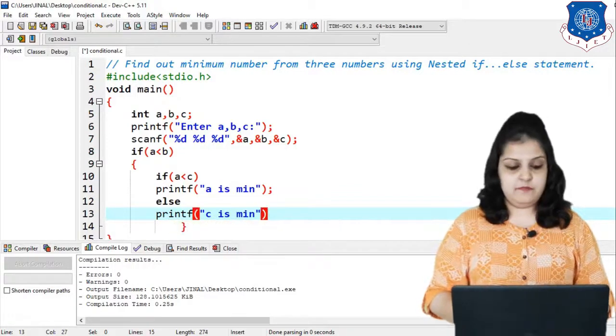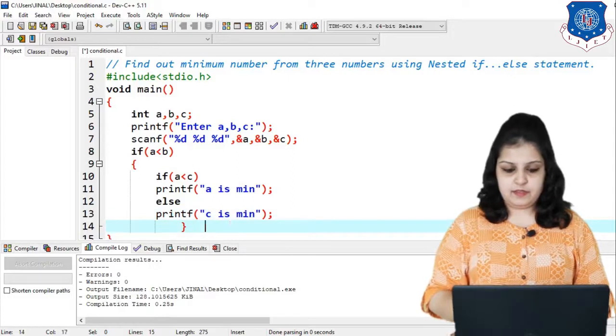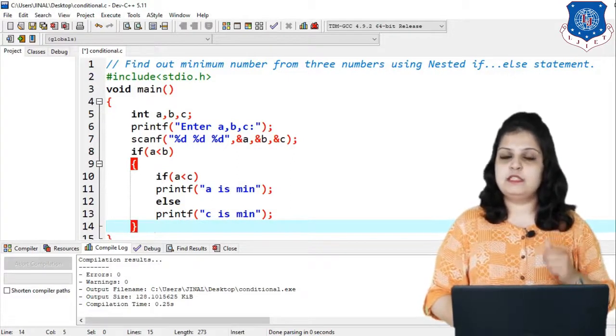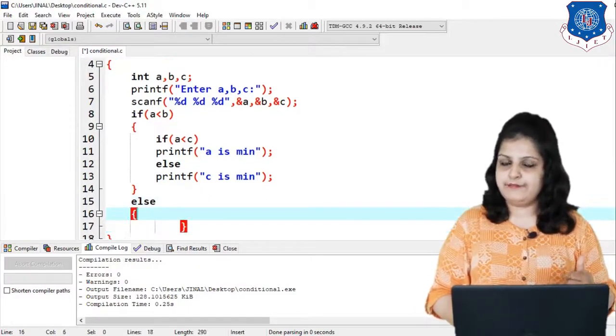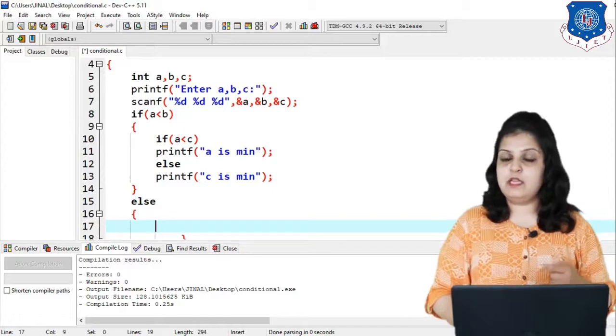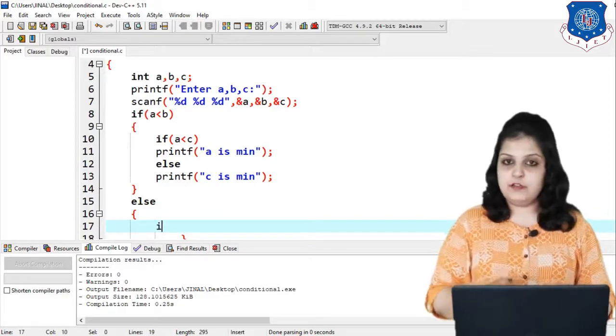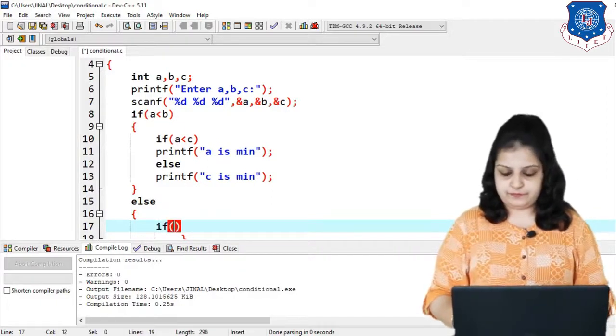Now our first if part is completed, and write the else part. Suppose our first condition, A less than B, becomes false, then B is min from A, right? So check that B is also min from C. We have to write that in the else part.